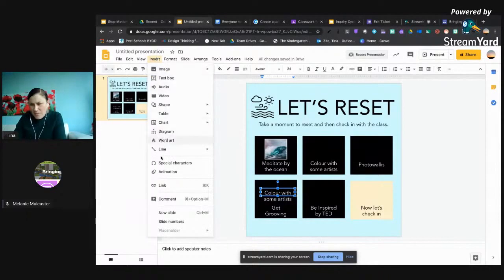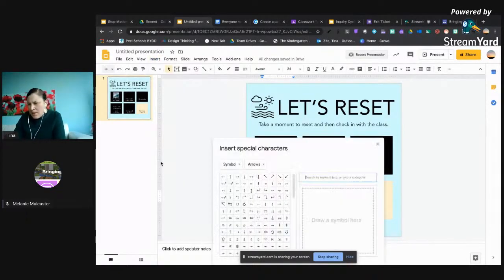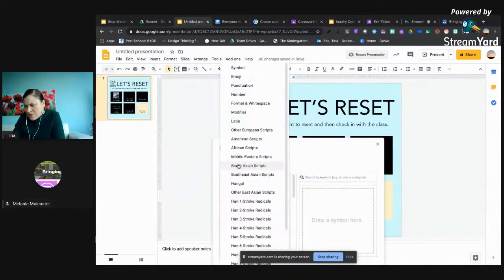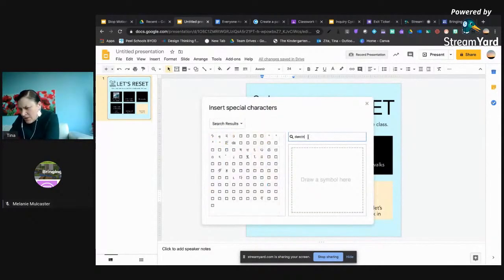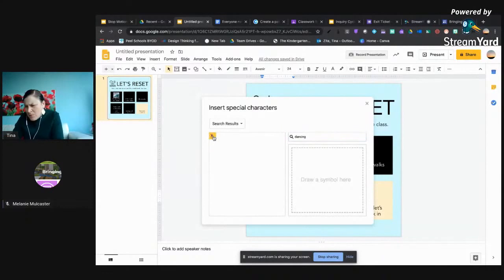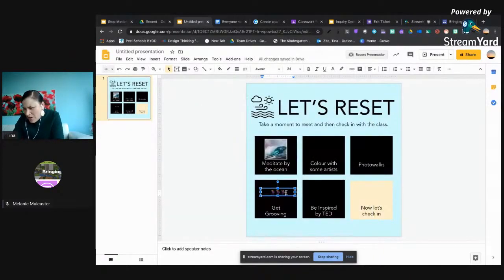So if I go into Insert and Special Characters, and people probably already know this, instead of symbol, if I go to emoji, I have all the emoji options. So I can get my dancing emoji, and I don't know why it's just a man, but we'll go with that. I probably have 100 emojis. I have a lot of dancing people in here. So emojis, because they're text, will work at the same size as text. So you just have to bump that size up to make the image a bit larger. So a really easy way, I don't have to go anywhere. It's built right within